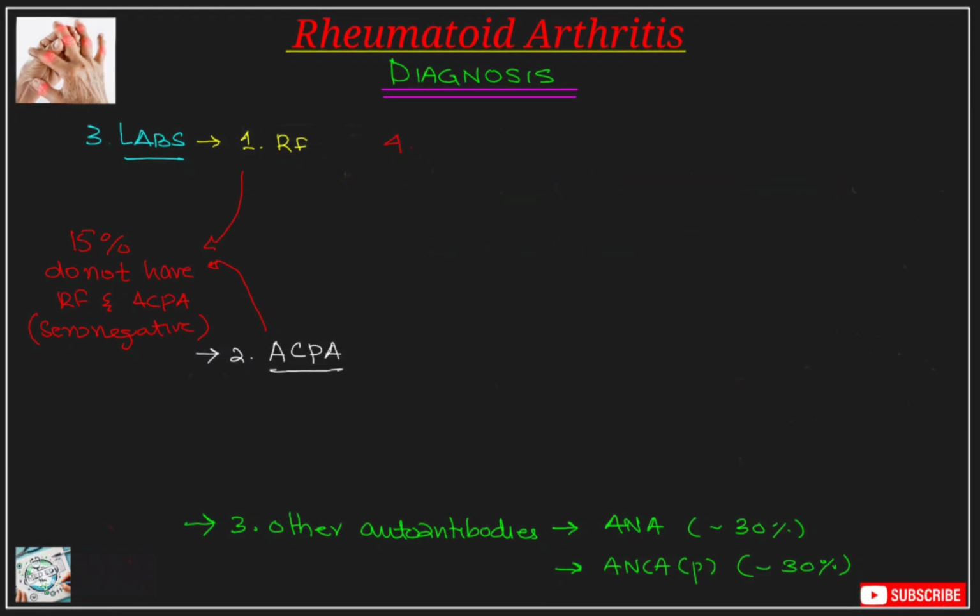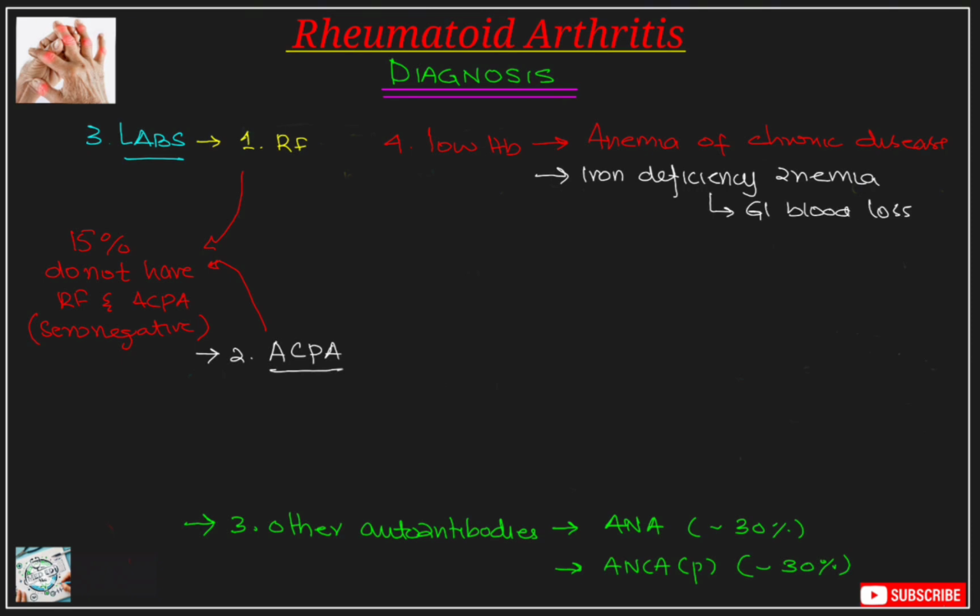Apart from the autoantibodies, patients with rheumatoid arthritis can have anemia of chronic disease, and the degree of anemia is proportional to the activity of the disease. Therapy that controls the disease will normalize the hemoglobin levels. Other causes of anemia in rheumatoid arthritis include iron deficiency anemia from gastrointestinal blood loss, especially with the concomitant use of NSAIDs. Patients can also have thrombocytosis, that is elevated platelet count, and the platelet count returns to normal as